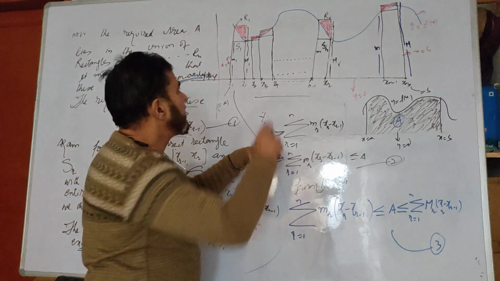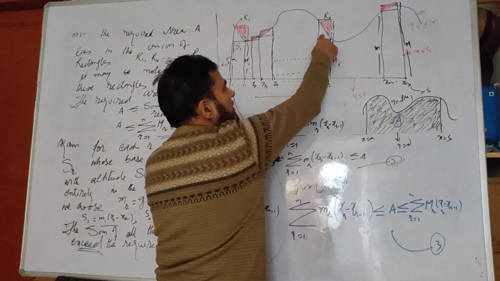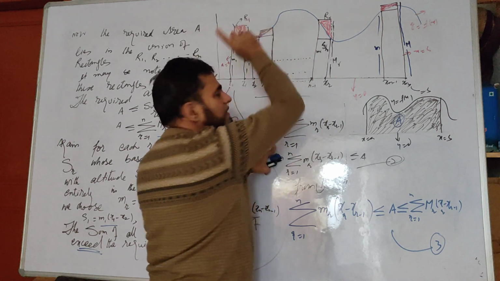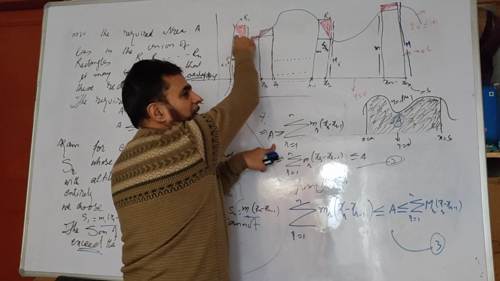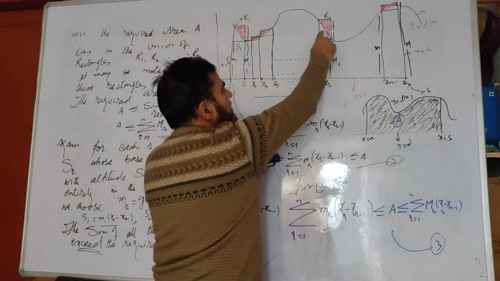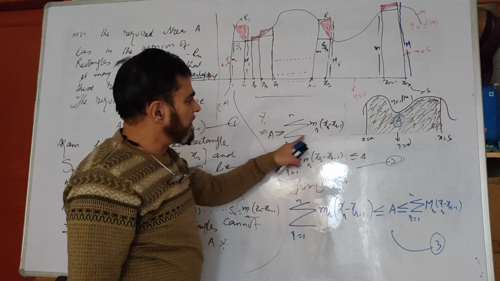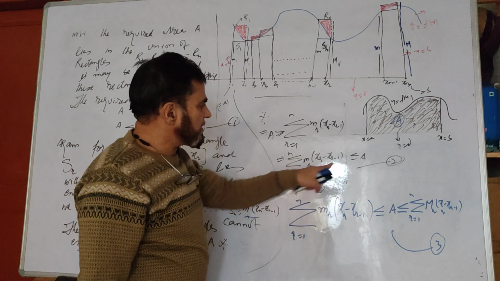What is something missing? This is missing. It does not come in these small rectangles. This is missing. It is our area. This is our part of area, but it is missing in this. That is why I say our area is greater than or equal to this, or this is less than or equal to